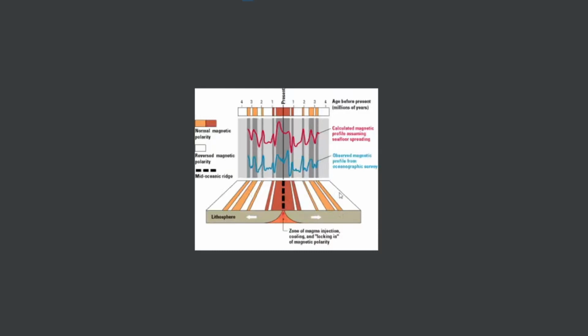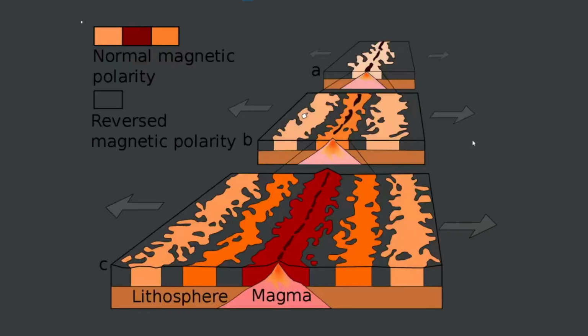So he came out with this idea that that's the source where the rock's coming from, and the moment they erupted, coming out on the surface, they're cooling down, they've been representing the polarity of that area at the time, of the planet at the time, and then new rocks come in next time, and they're pushing these older rocks to the sides. So this is the picture where you can see it,